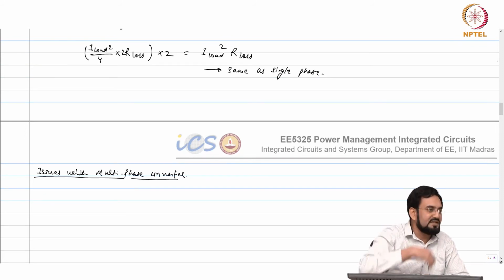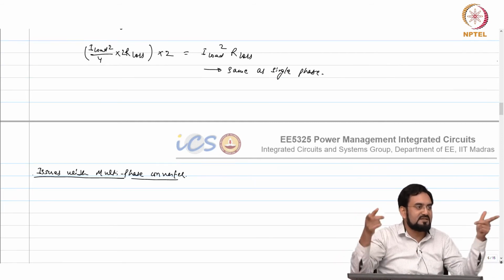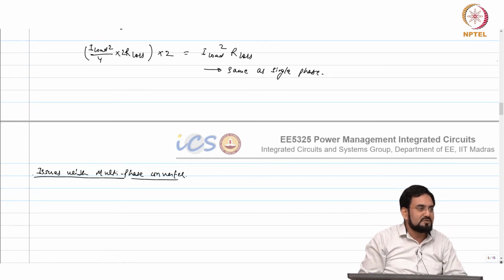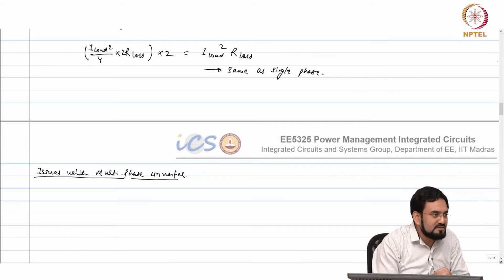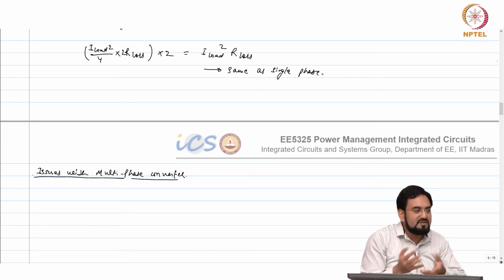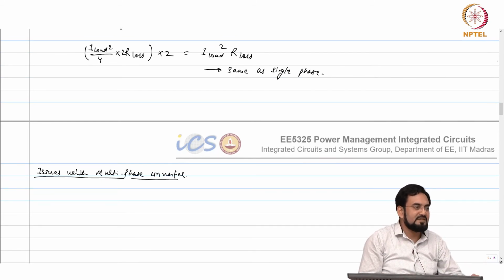If you assume the duty cycles are same, correct? Because the average voltage across both inductors is the same, but the resistors are different. So the one which has a higher resistance will carry a lesser current. That is a benefit for me, because now it's well balanced. Otherwise, where R is higher, I square R losses will increase there. So that's not a problem actually. That will in fact help your efficiency, in a way, average efficiency.